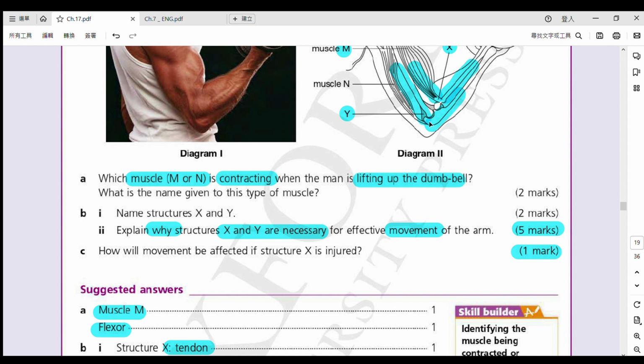Alright, so what about Y? What if I say structure Y is injured? What will happen? The answer is